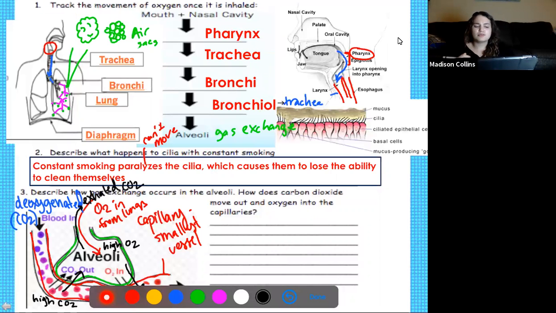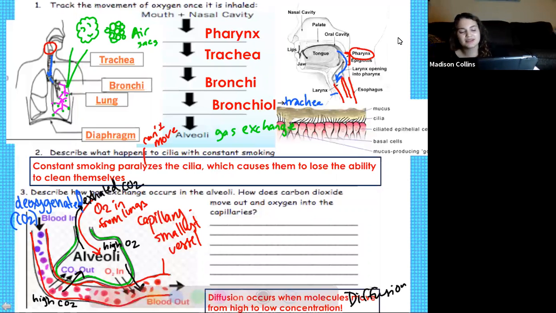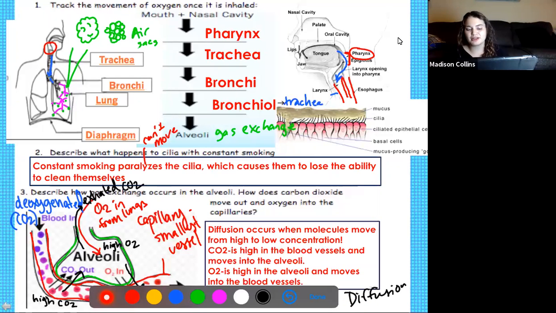Exhale CO2. But how do these molecules cross the cell membrane? If we're going from high to low concentration across the cell membrane, think back to Unit 4. What word do we know that describes the movement of molecules from high to low concentration? These molecules are going to be moving through diffusion. Right? So the answer that is on my screen is diffusion occurs when molecules move from high to low concentration. We see that CO2 is high in the blood vessels over here and moves into the alveoli. And we also see that oxygen is high in the alveoli, and so it's going to diffuse or move into